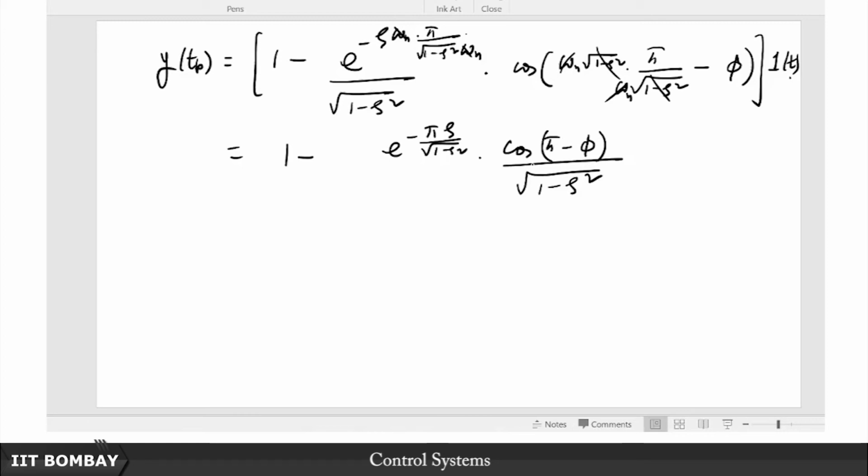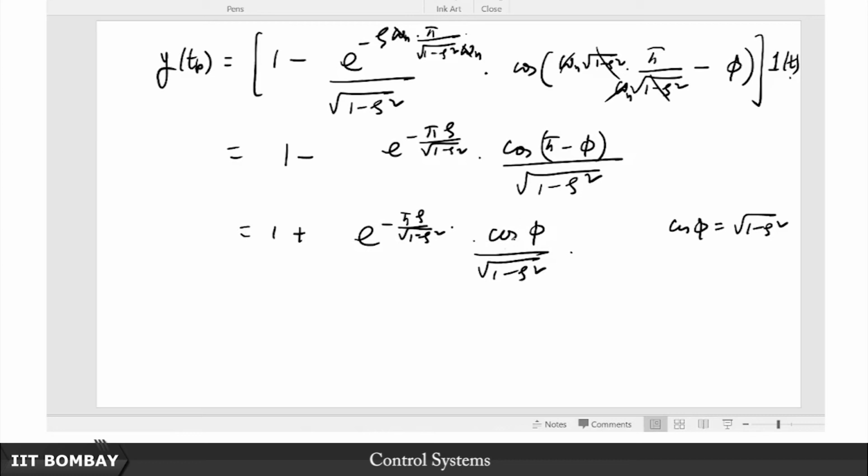But what is cos pi minus phi? Is it not just equal to minus cos phi, right? So this is going to be equal to 1 minus e to the minus pi zeta upon root 1 minus zeta squared, then of course that minus sign will change, so this is going to be cos phi upon root 1 minus zeta squared. But notice cos phi is nothing but itself 1 minus zeta squared, so this cancels out, right. So therefore what we are left with is 1 plus e to the minus pi zeta upon root 1 minus zeta squared,